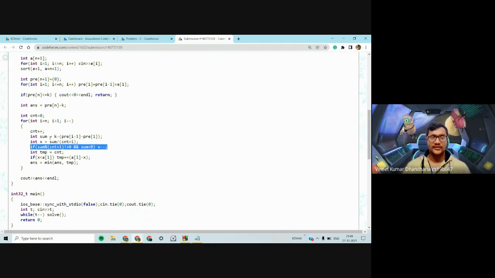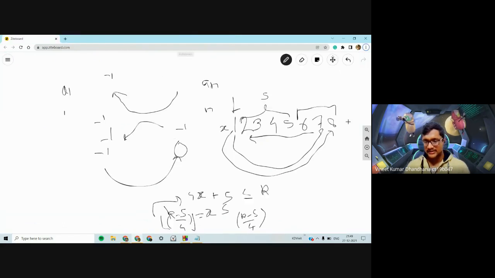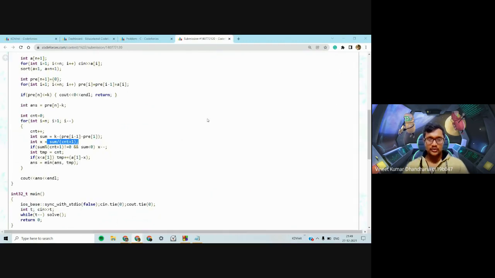So you define the sum, then you divide it by count plus one, where count is the number of these elements, plus one. That would give you the maximum value x can take, such that the overall sum is less than k. This is just to ensure that if the sum was negative, then we need to decrement it by one because it was ceil.